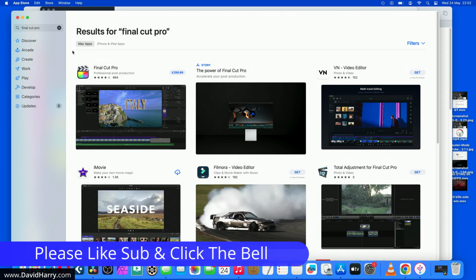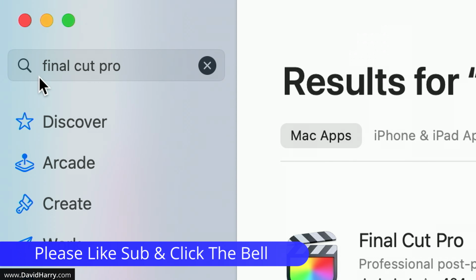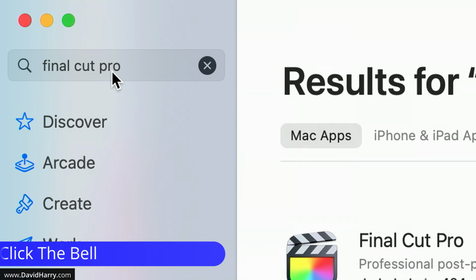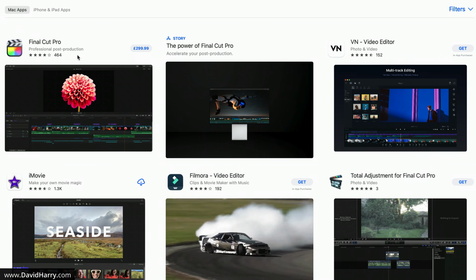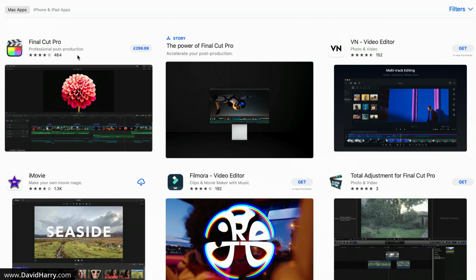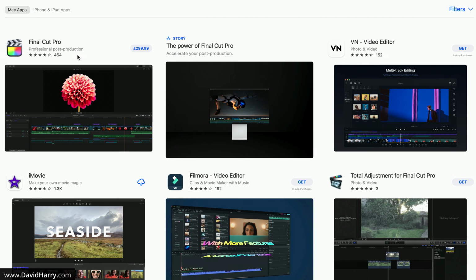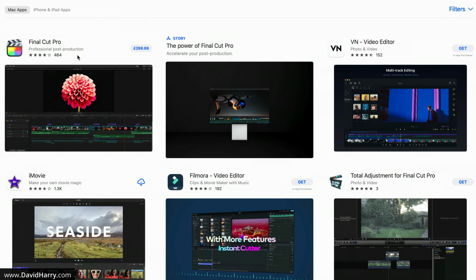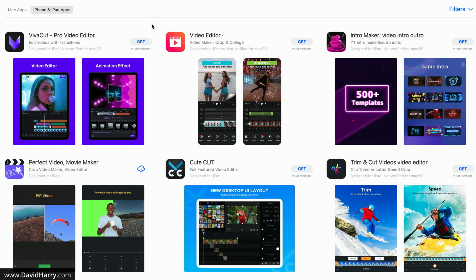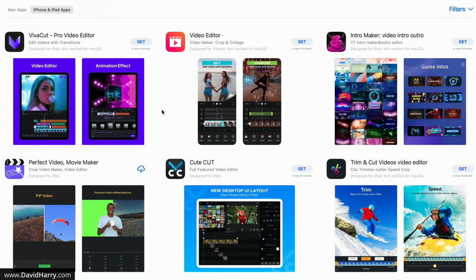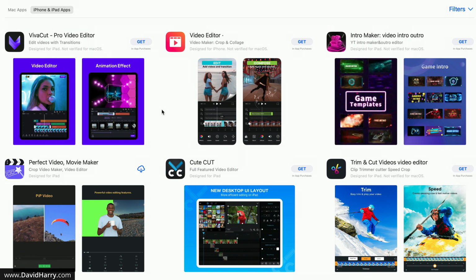Okay, so I am now on my MacBook Pro and I am on the App Store. And as you can see here, I have done a search for Final Cut Pro and it has come up with Final Cut Pro, but this is obviously the version for the Mac. However, because I am on an Apple Silicon device here, I may be able to download the version for the iPad. So let me switch over to this, and unfortunately, it doesn't come up here as a download for the